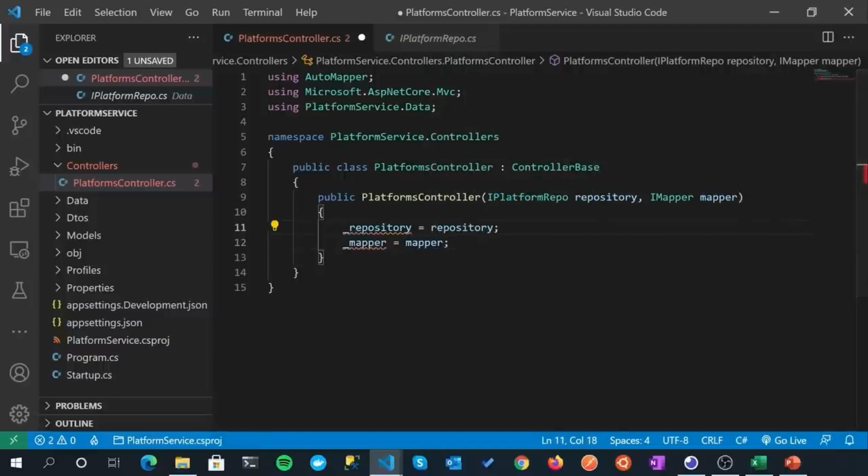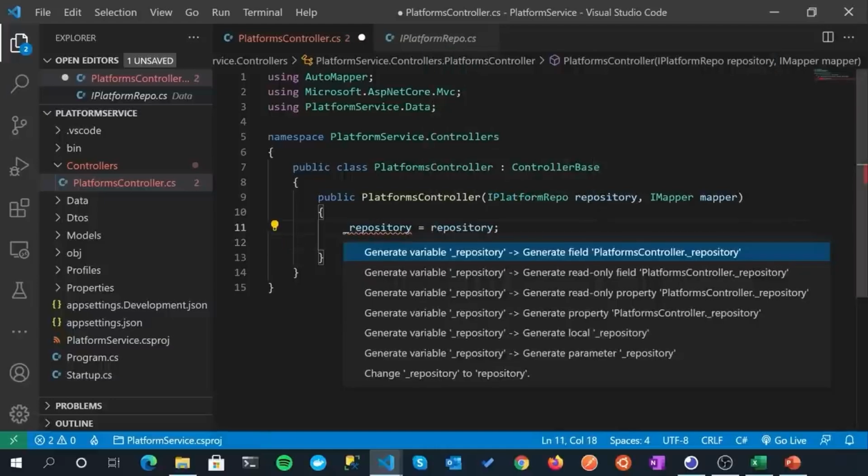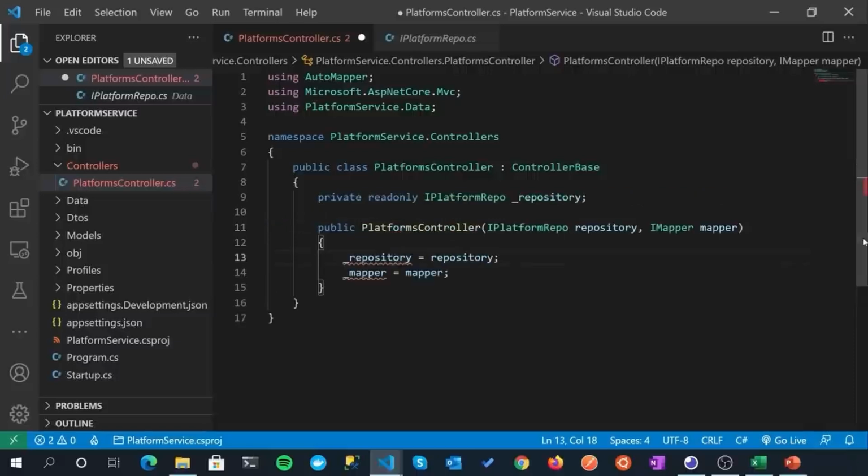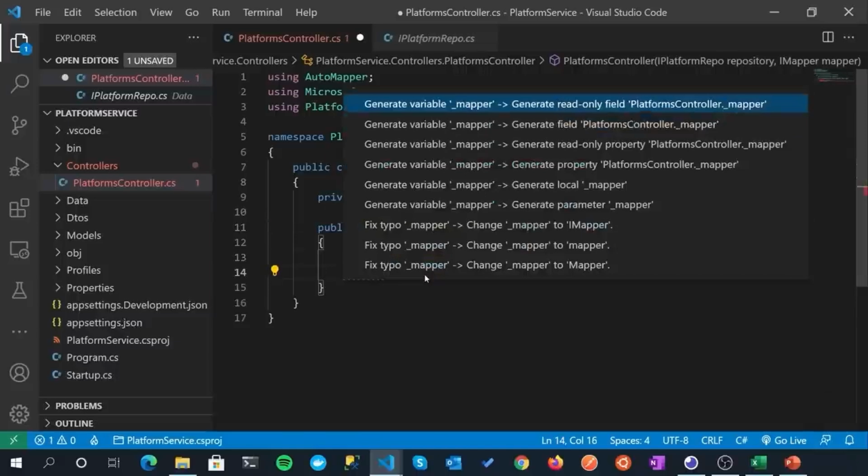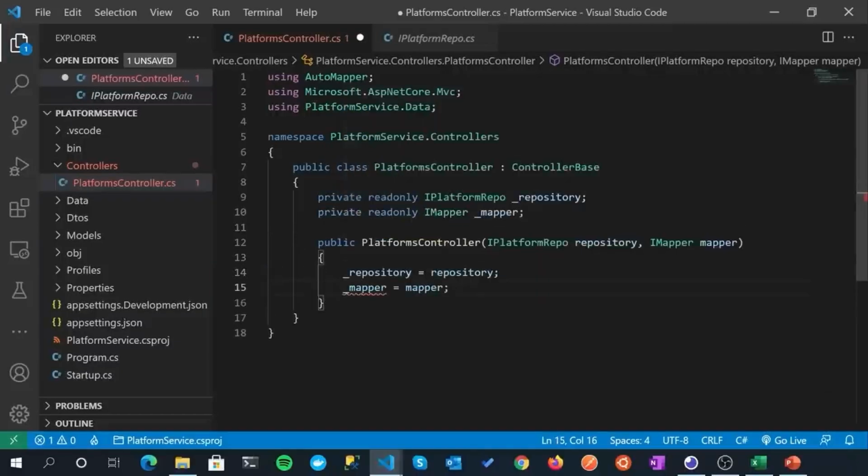Of course they don't exist yet, so Control-period, and we want to generate a read-only field for each of them. You can see they are added at the top here. Now this is the very, very standard constructor dependency injection pattern that you're going to see lots and lots throughout this course. The constructor for a class will pass in a number of parameters, and then we'll assign them to private read-only fields that we then use within that class.